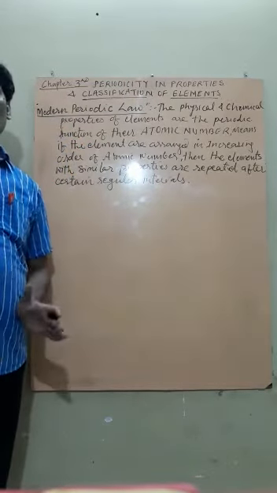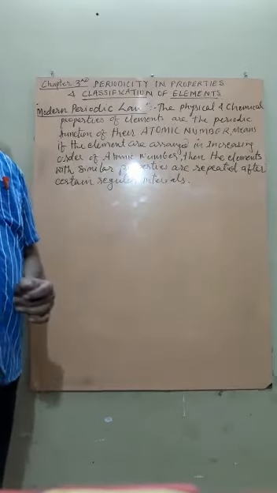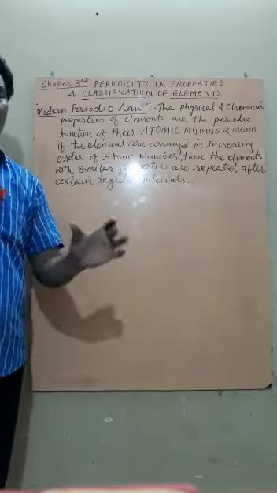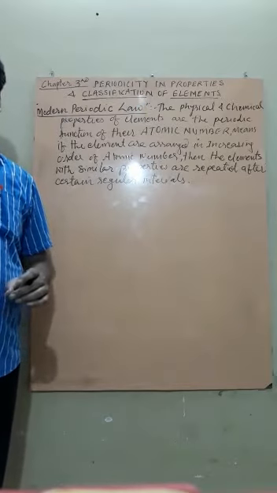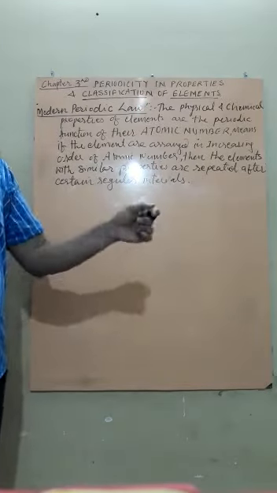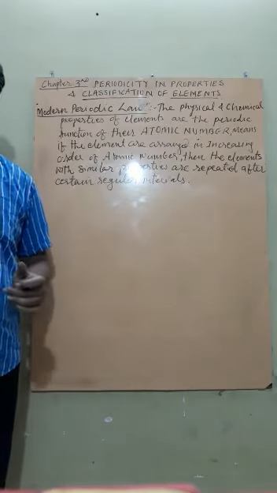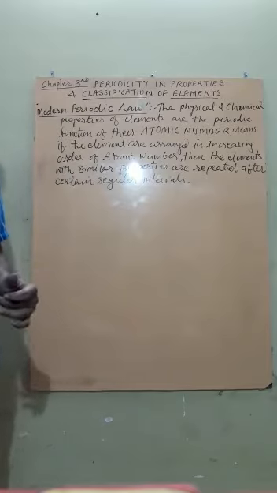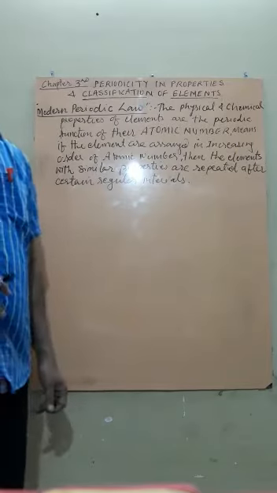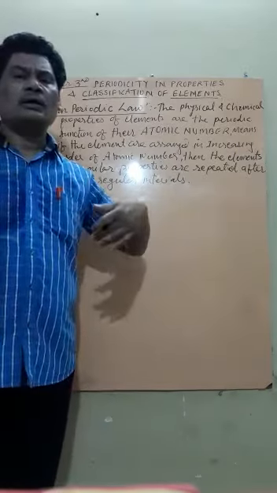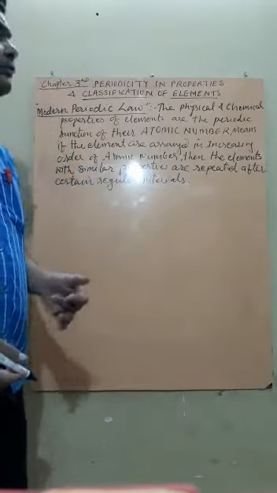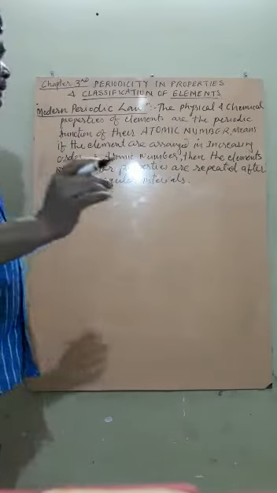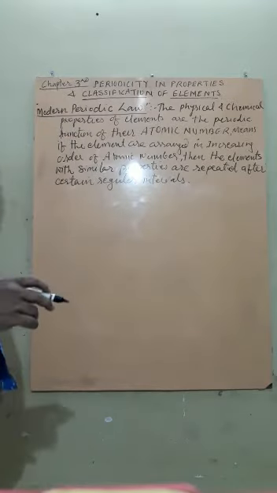starts from how the classification has been done from the early time to the modern periodic table. But due to the corona period, some of the content like Dobereiner, Newlands, Moseley, Meyer has been removed, deleted. Since these portions are deleted, now we are directly going to start from the modern periodic table.